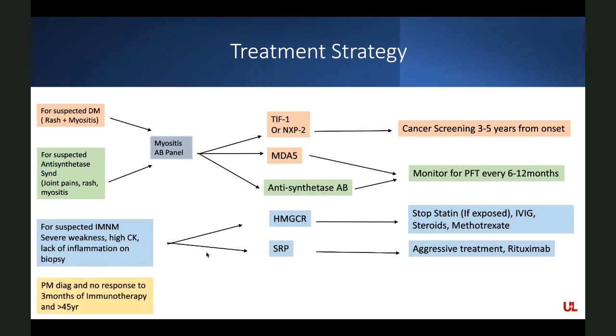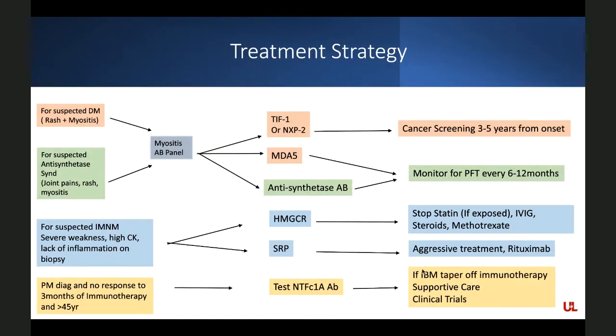patients. Then this is the third type. If the patient has a history of diagnosis of PM, like polymyositis, and the patient has had no response to immunotherapy and is over 45 years, that is a clue that this could be IBM. And in that case, we do test the NT5C1A antibody, which is a biomarker for IBM. And if that's positive, we taper off the immunotherapy, and we do supportive care and clinical trials for these